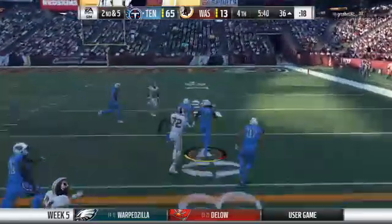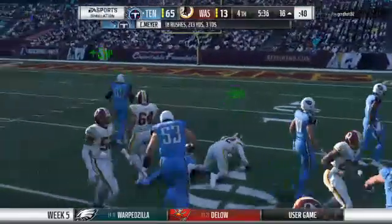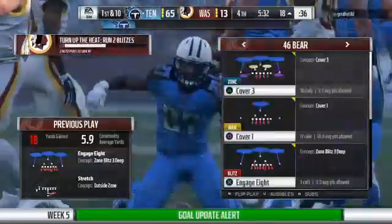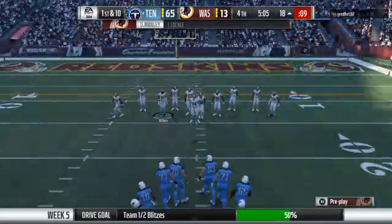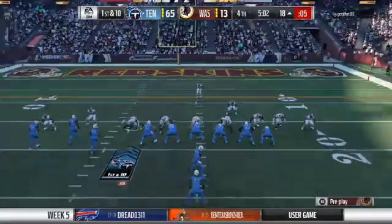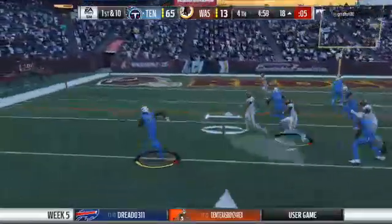Now a handoff looking right. And inside the 20 before he's brought down. Tennessee getting the first down on a big play of 18 yards. I think this defense tired of seeing him run the football, and this D-line probably getting sick of the O-line as well. And as I'm watching this, I'm thinking about a conversation I had with Adam Gase, the head coach